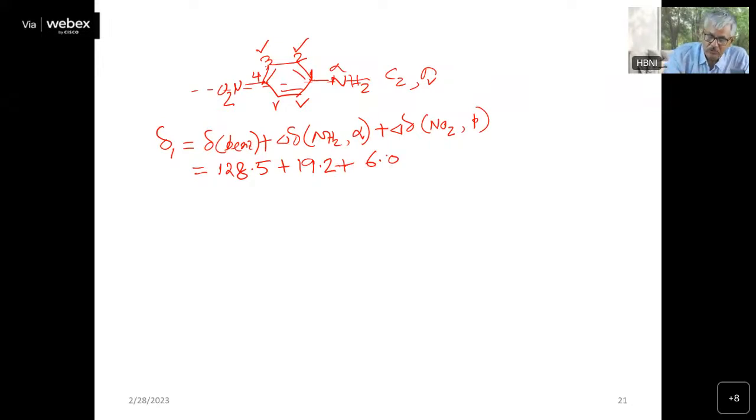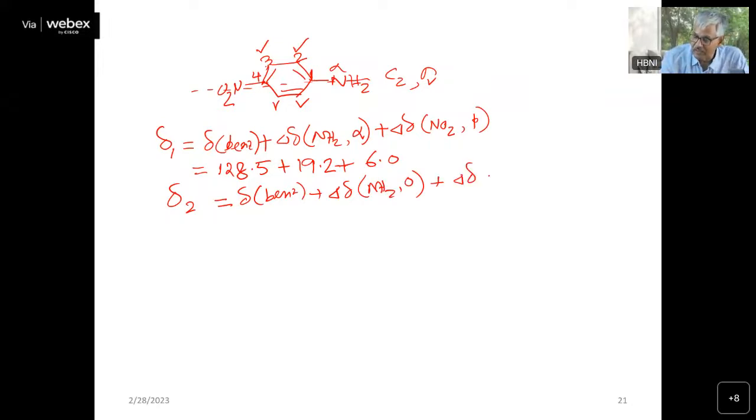Now how will delta 2 be? It will be delta benzene again plus delta NH2. Now NH2 becomes ortho, not alpha, with respect to this carbon, plus delta NO2. Now NO2 is in the meta position with respect to this carbon. So if you put those substituent values, it becomes 128.5 plus delta NH2 ortho position, which is minus 12.4, as I told you, so it goes back and forth, plus